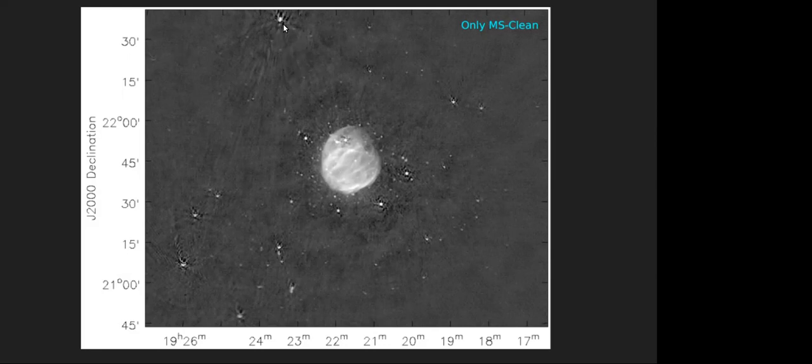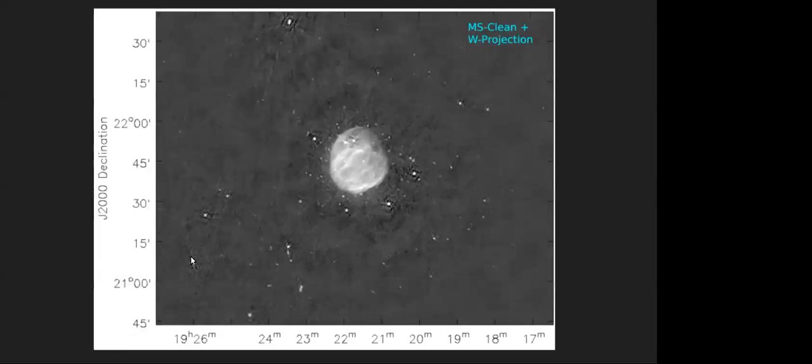There are bright sources outside, and for that you cannot ignore the W term. Now let's say I am making this image and I do not know a priori, or I do not have knowledge of the W term and all the other stuff. I just use multi-scale clean, MS clean. If I do that kind of imaging, there are some artifacts, and those are still visible in this image.